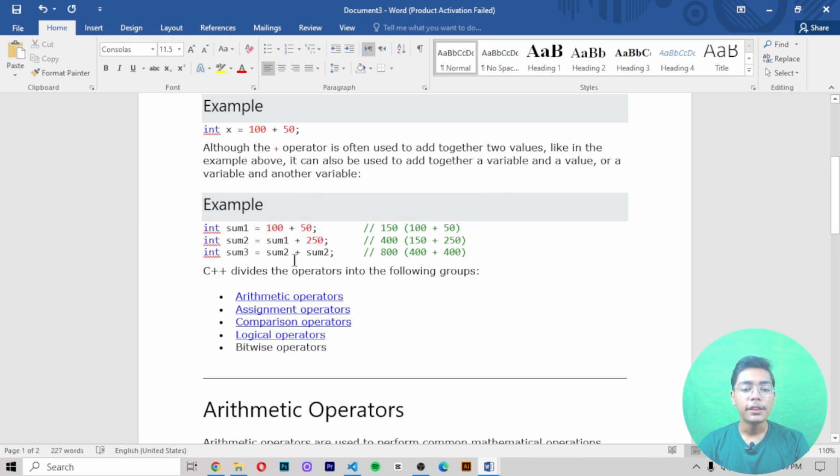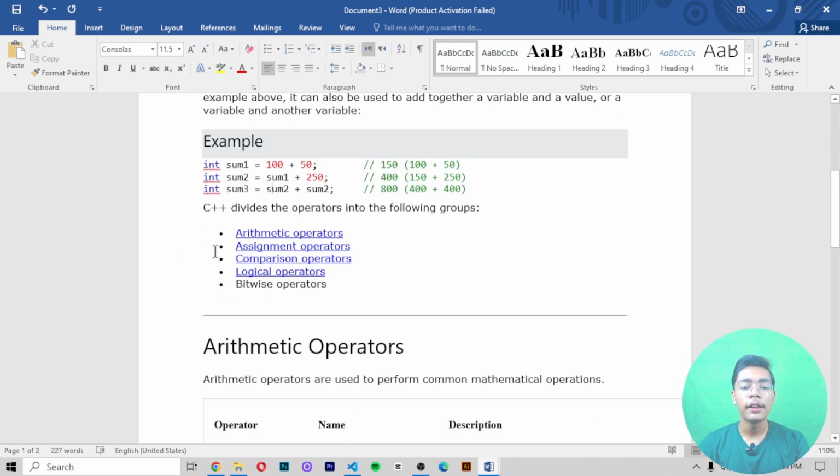Then if we see sum3, it says sum2 plus sum2, which means the answer of sum2, and again the answer of that sum2, which is 400, so it means 400 plus 400, which will be the answer as 800. And now we'll be doing all these things in the output, but before that,